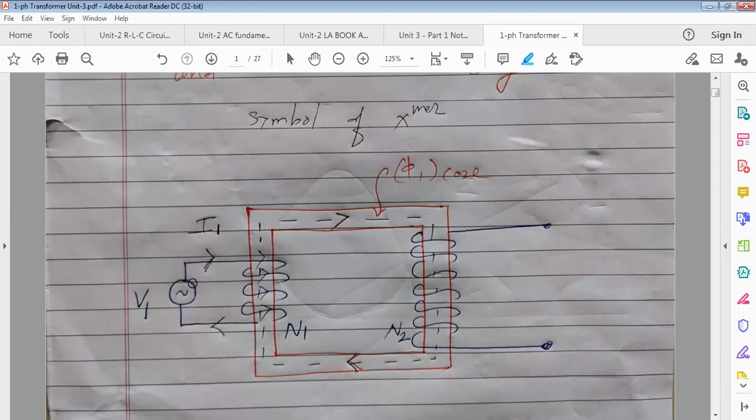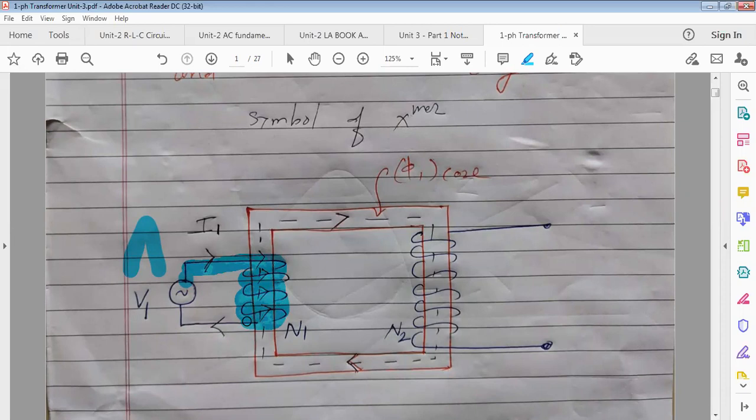The turns of the primary winding start from here. Means the primary winding is starting from this end. Suppose I will mark it as point A. Then it has many turns. It can be 100 or in thousands, depending on how much voltage you are going to apply on the primary and what the construction is, isn't it?